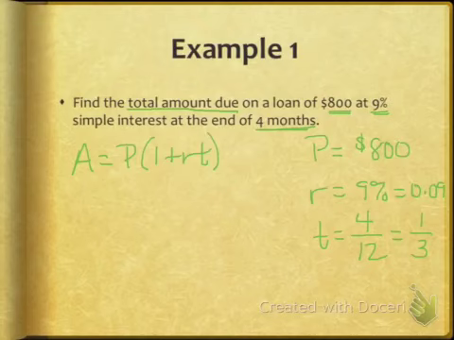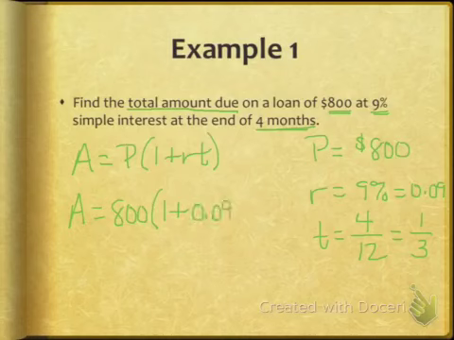for T. So when we substitute this in now, we have 800 for P times 1 plus an R value of 0.09 times a T value of 1/3. And now when we plug that into our calculator, we end up with an amount equal to